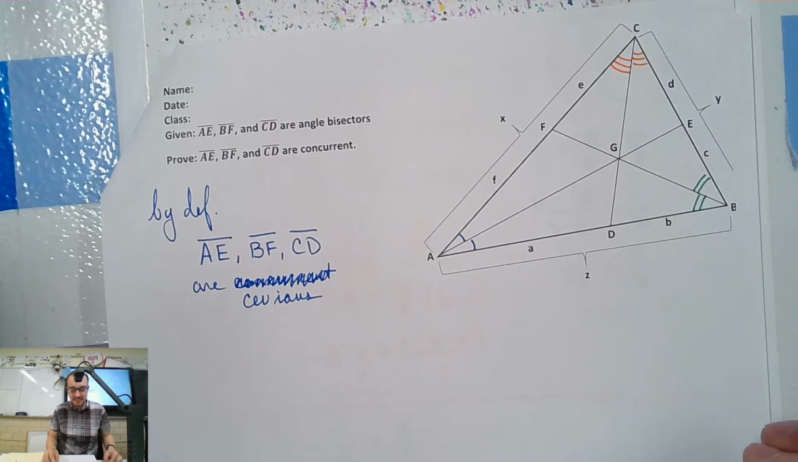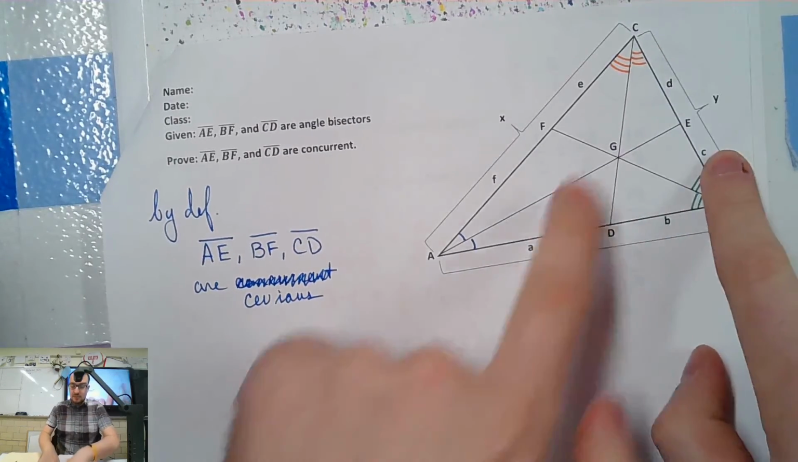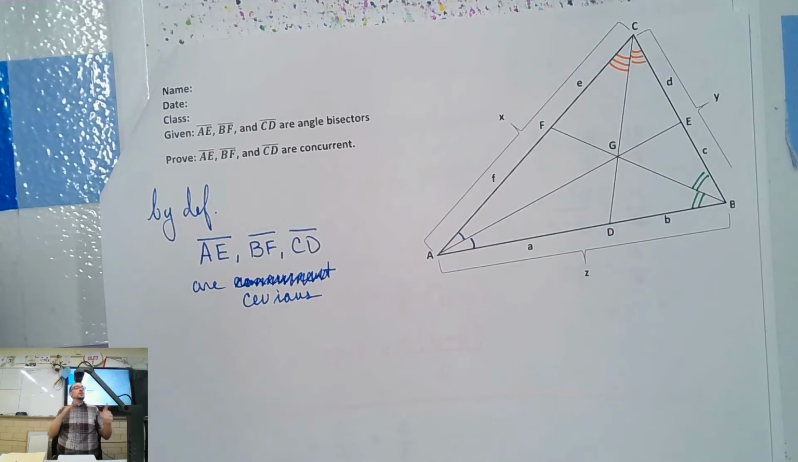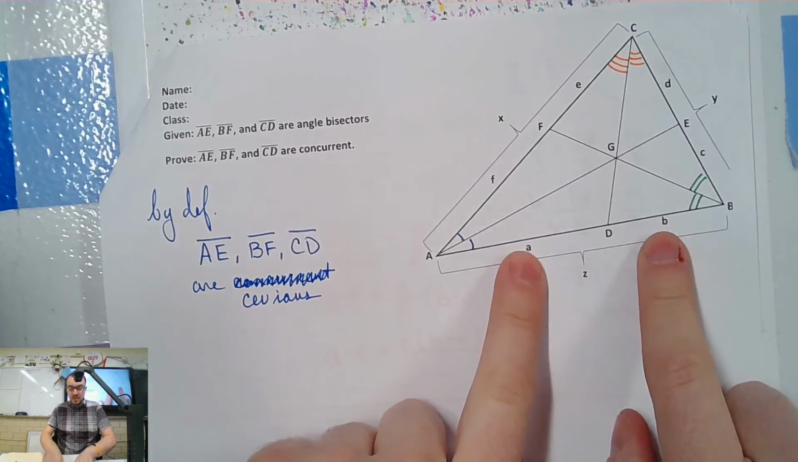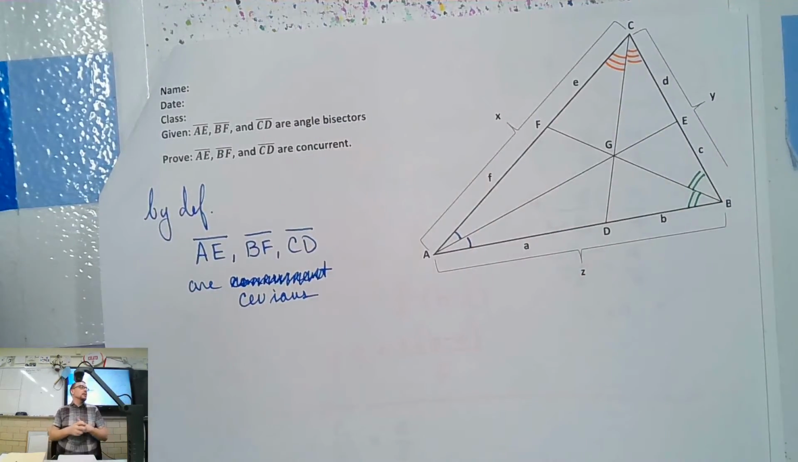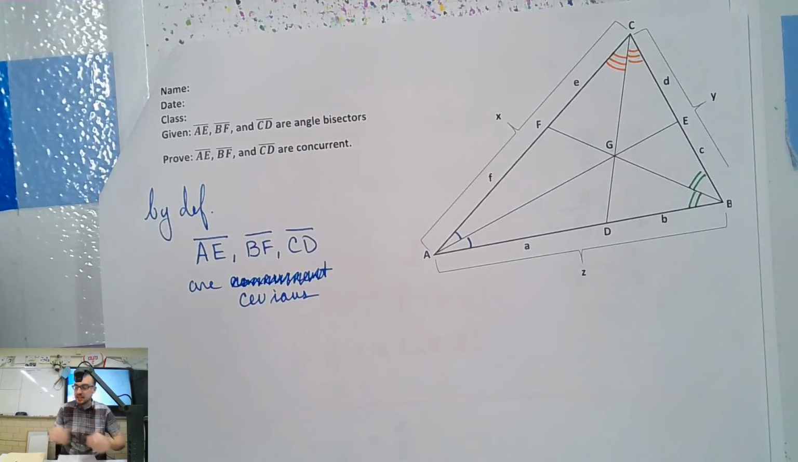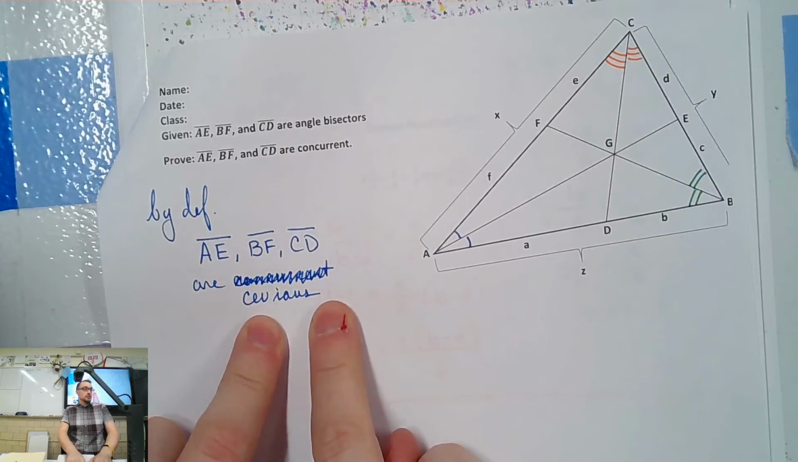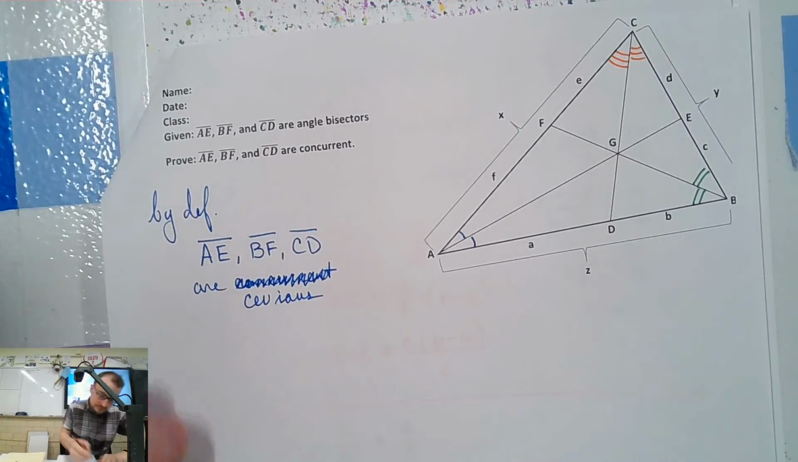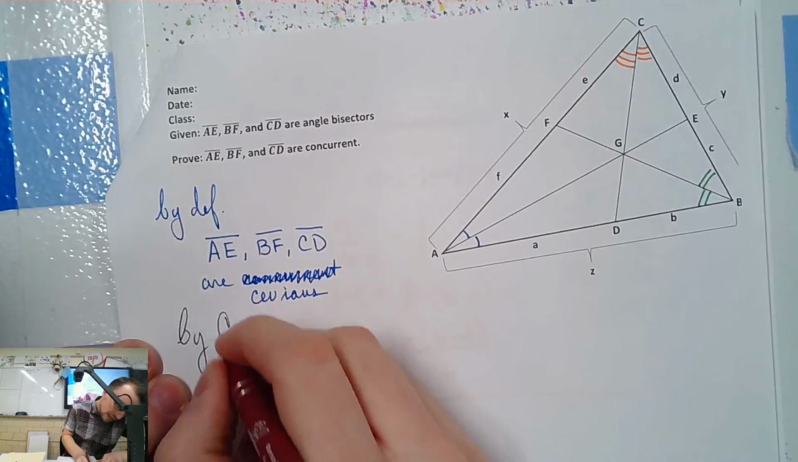All right, so we know these are Cevians, which means by Ceva's theorem, how they divide up the triangle should all multiply to what? By Ceva's theorem, A over B, C over D, E over F should all multiply to what? 1, right? And we're allowed to use that because they're Cevians, right? So, by Ceva's theorem,